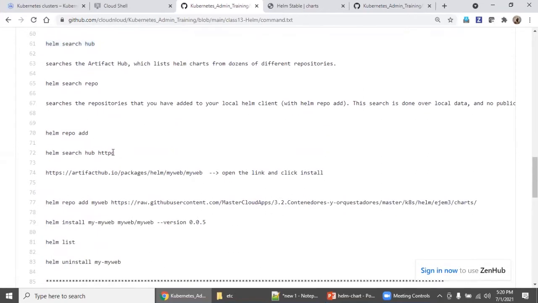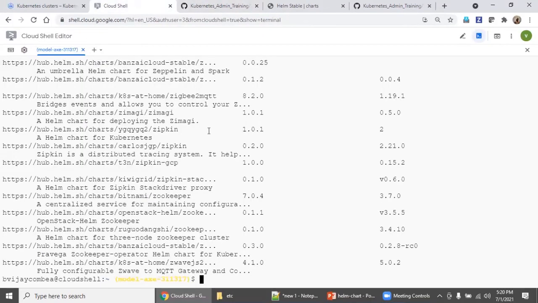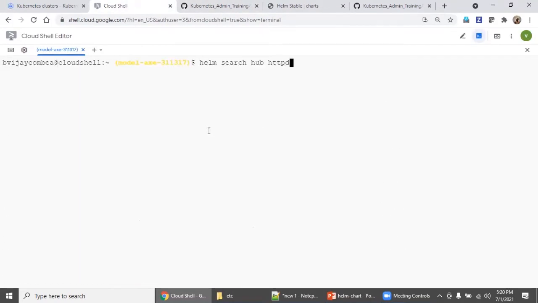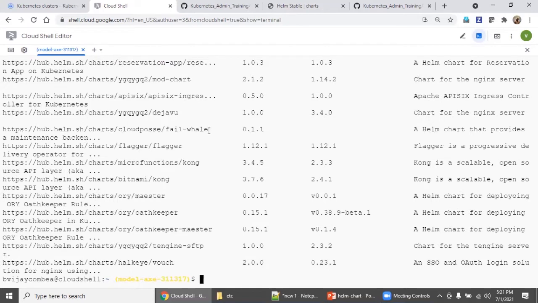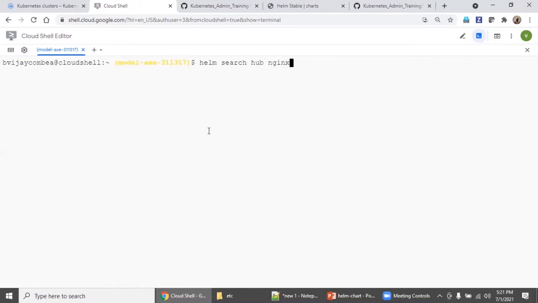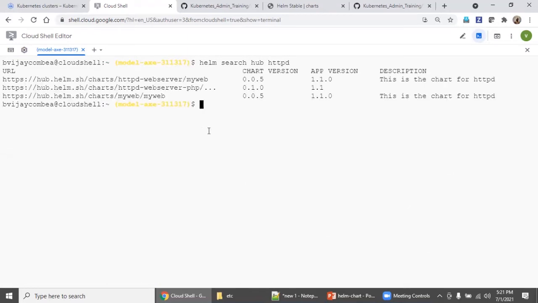We will take the HTTPD, right? Take this and go here. Okay, and someone is asking, okay, we need Nginx. So this is how you add only what you need. So let's go back to the HTTPD. So now we got 3, right?